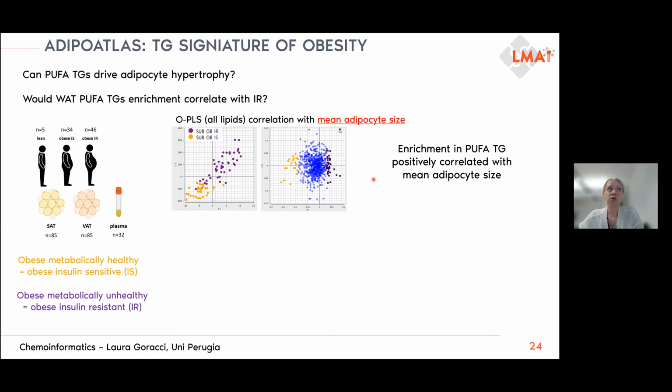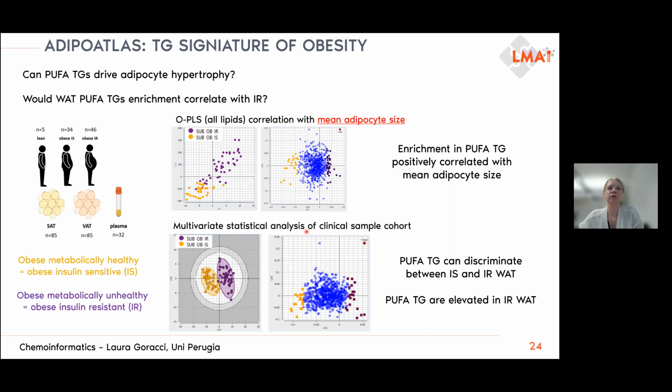And another question which we asked, would this PUFA TG actually correlate with insulin resistance? And I guess it's pretty much already shown here by the colors. But here you can see it as well. So using this lipidomic signature again, we can very nicely differentiate, and this is an example of subcutaneous, insulin sensitive or insulin resistant tissue. So again, the lipidomic signature here can differentiate in the supervised analysis those two different phenotypes. And again, the lipids which are responsible, which drive this separation, especially in the case of IR samples, are those PUFA